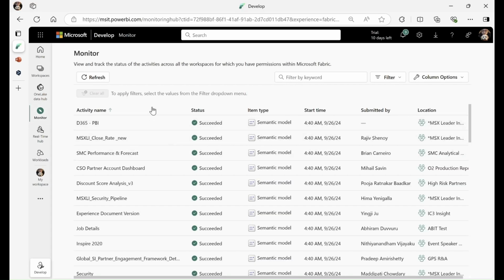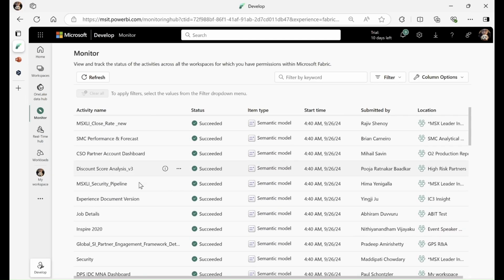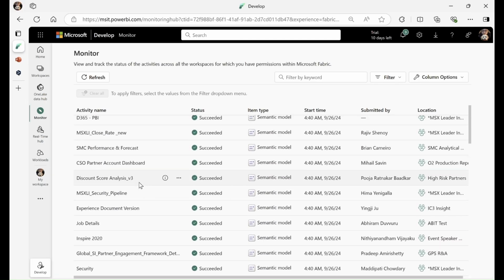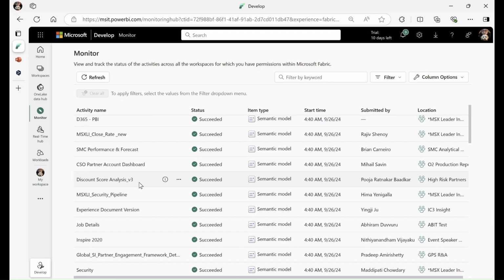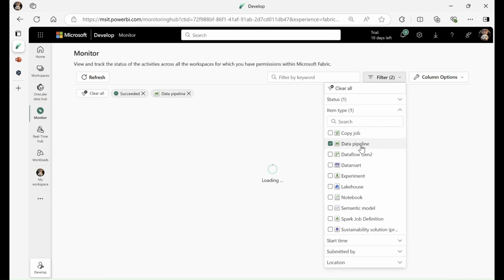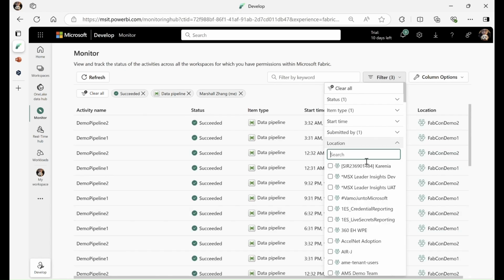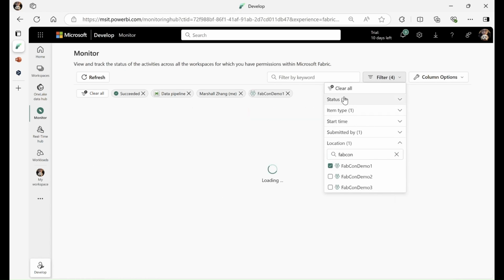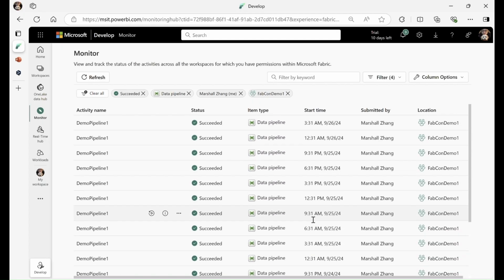Monitoring Hub is a centralized job monitoring center in Fabric, from where you can find almost all the running jobs across all the workspaces from different submitters. To narrow down what I'm looking at, I can utilize filters such as job status, artifact type, submitters, and workspaces. Once I find a job of interest, I can click on the job name to go to the L2 page